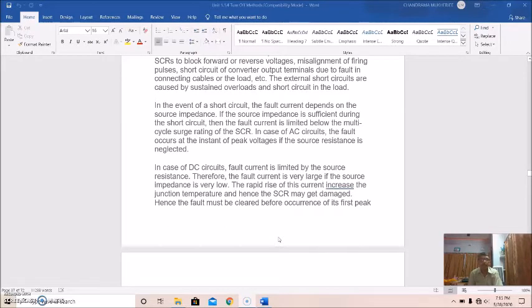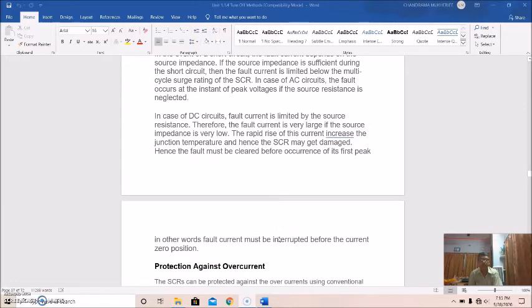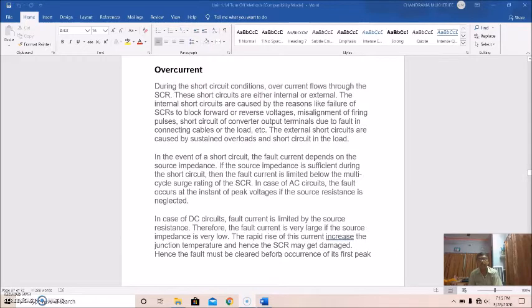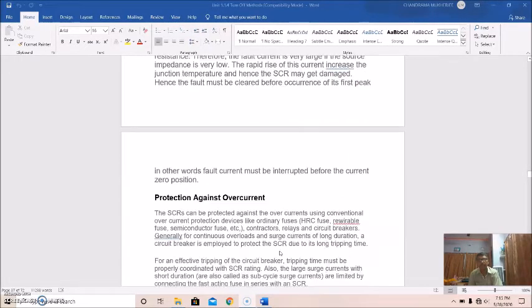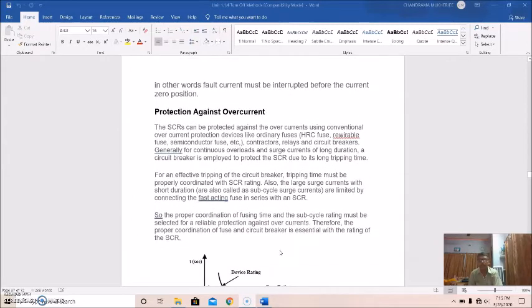So the fault must be cleared before occurrence of its first peak. In other words, the fault current may be interrupted before the current zero position. So this is the overcurrent and its effect. Now, how is protection taken against overcurrent? The SCR can be protected against